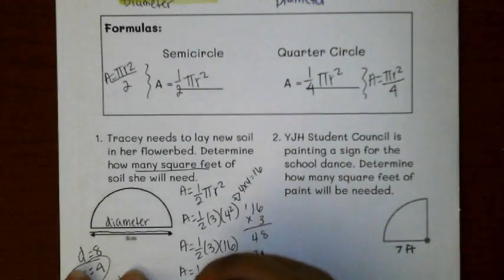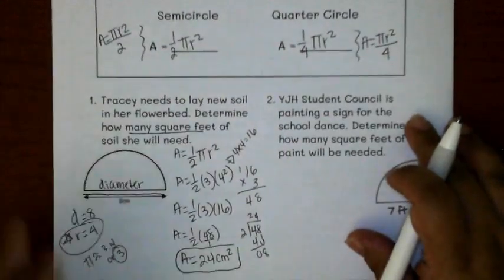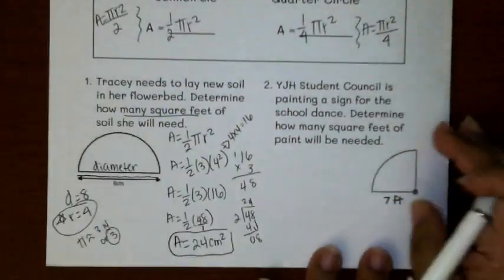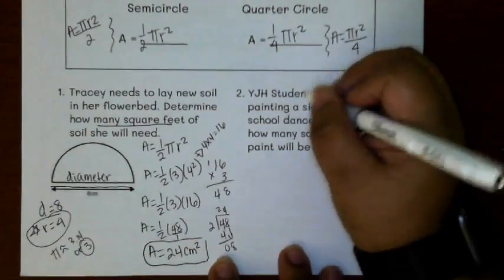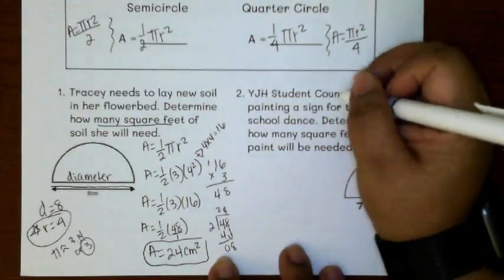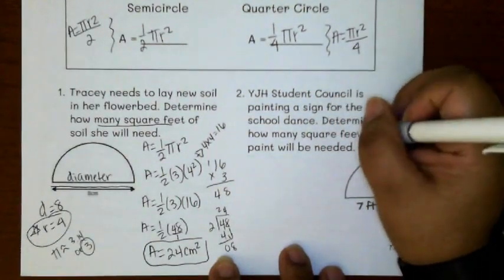Okay, on this next one, we're going to actually use 3.14. So let's go ahead and read it. York Junior High student council is painting a sign for the school dance. Determine how many square feet. We are needing area, of course. So here, I'm actually going to write this one this way right here. Pi r squared